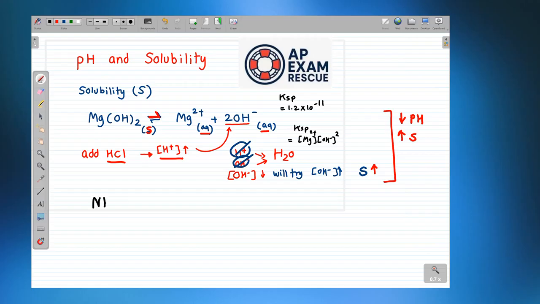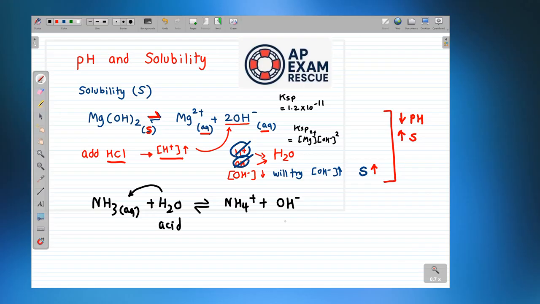I know that ammonia is a weak base, so the aqueous ammonia is gonna react with water as usual and form NH4 plus. We know that ammonia is a weak base, so it will take the proton of the water and form NH4 plus, and then the water is going to change into OH minus. This is a conjugate base of the water, because water is an acid here, and this is its conjugate base formed. So this means that I'm going to increase the OH minus concentration, and actually this is the way that